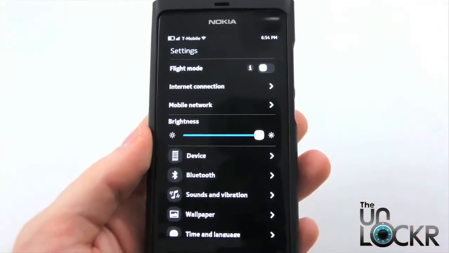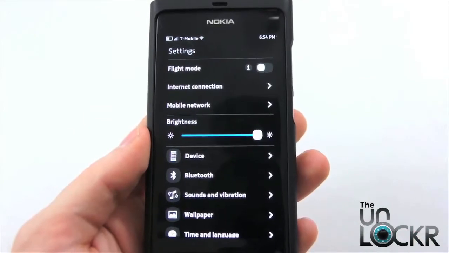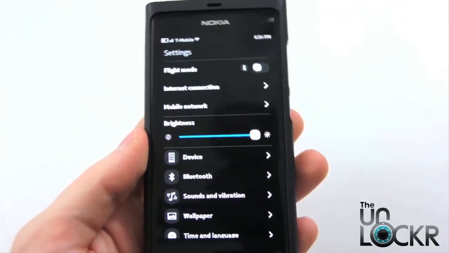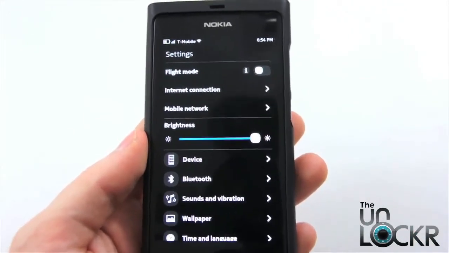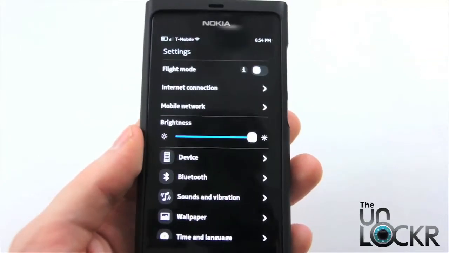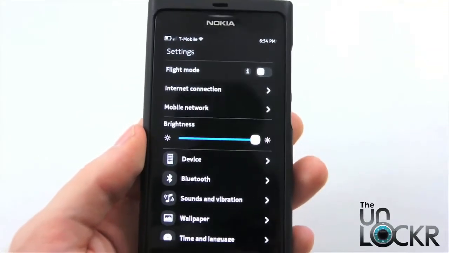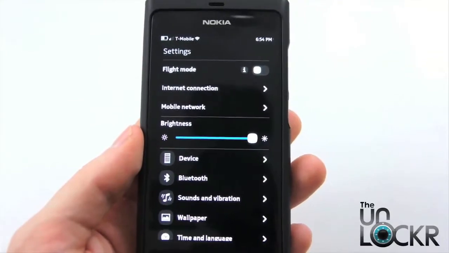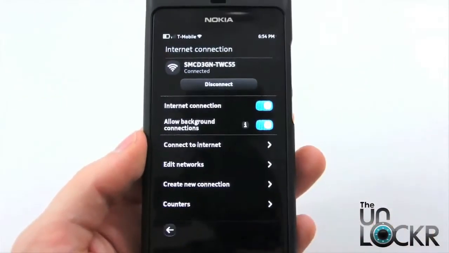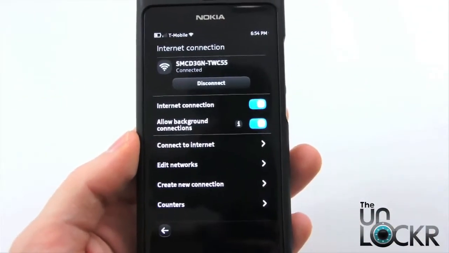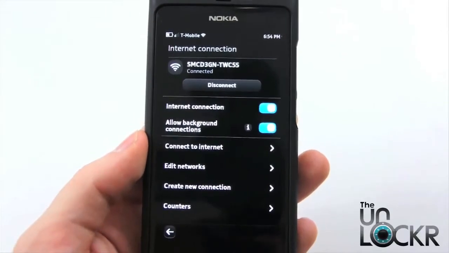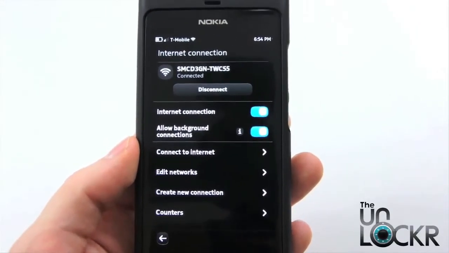Okay, next up we have the settings of the device. Now, I don't think I really need to get into this. Should be pretty self-explanatory. They just allow you to adjust your device's settings. So there's no need to really go through all this, but I do believe there are a few that are worth mentioning. One of them is the internet connection settings. This allows you to connect to different internet connections, Wi-Fi, your data connection, for example. Nothing unusual there, but